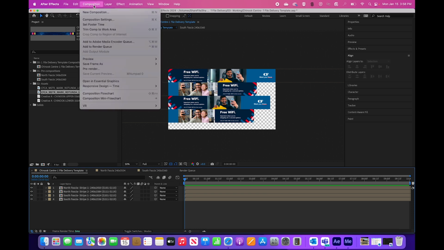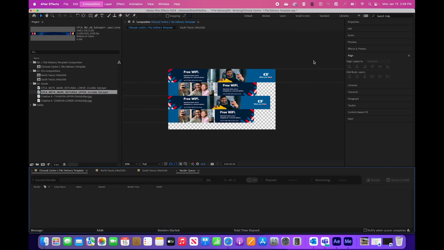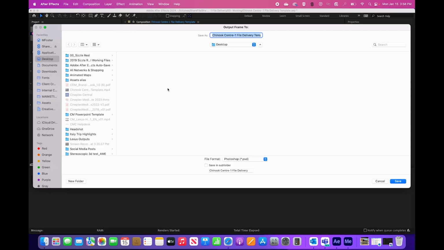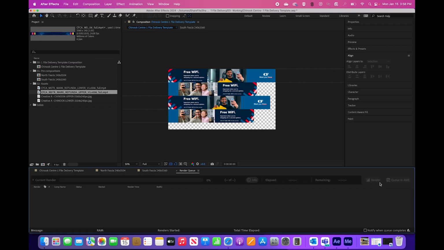So here we're going to go composition, save frame as, and file. Here we can choose our save destination. Again, I'm just going to go desktop. I'm going to leave the name as it is. You have the option to change it again by clicking here. But I want to make sure we are set to,